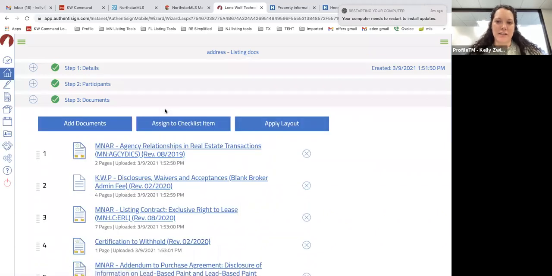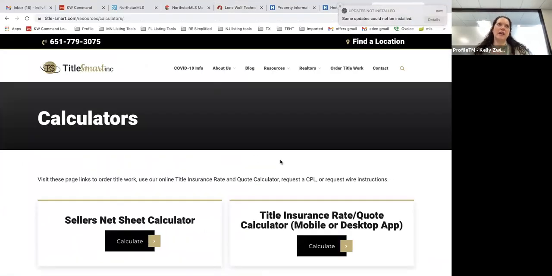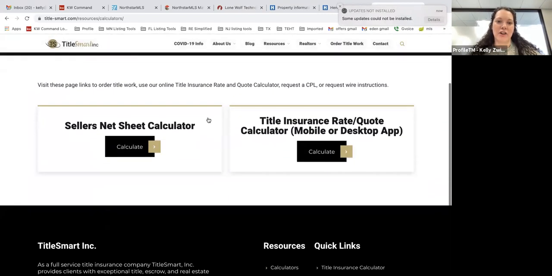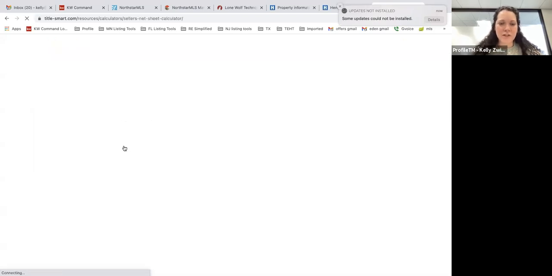So seller net sheet. That was the other question. Okay. So we added a calculator like this on our website. But what I did before that was Title Smart. So they have a seller net sheet calculator. And I find this to be way easier, to fill this out online and download a PDF than to fill out the little spreadsheet. So if you click on calculate,